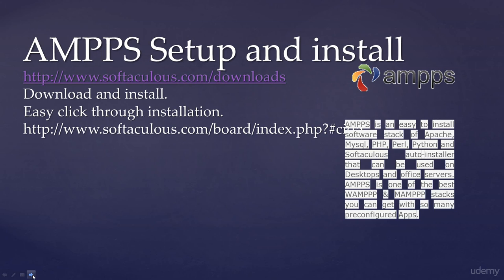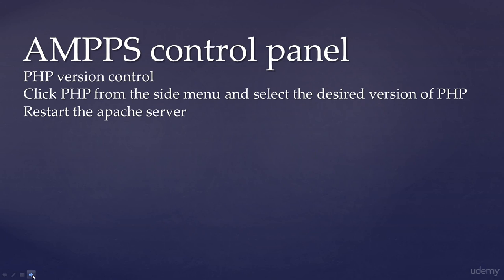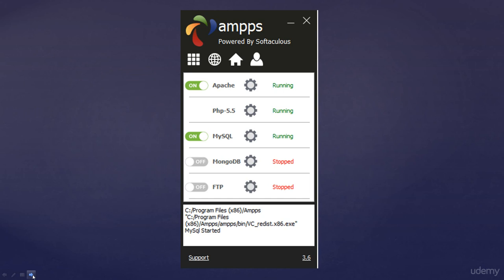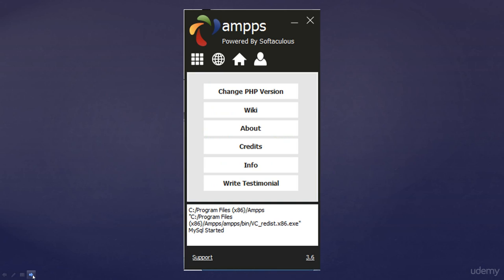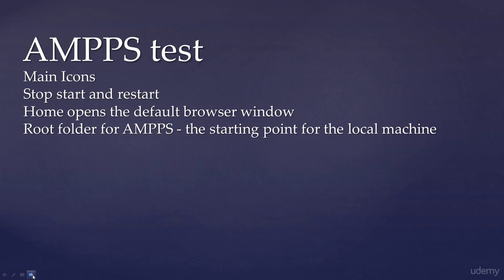And then we're going to look at AMPPS, how we can set up AMPPS, so where to download it, and it's a click-through install, so we can just use the defaults. Also how to install it on a Mac. The AMPPS control panel, so how we can select the versions of PHP with a simple click, how we can have Apache up and running with, again, a simple click, MySQL and various database options, FTP options, and how we can get access to all these different variations of PHP. So it's just as simple as clicking, and you can switch different